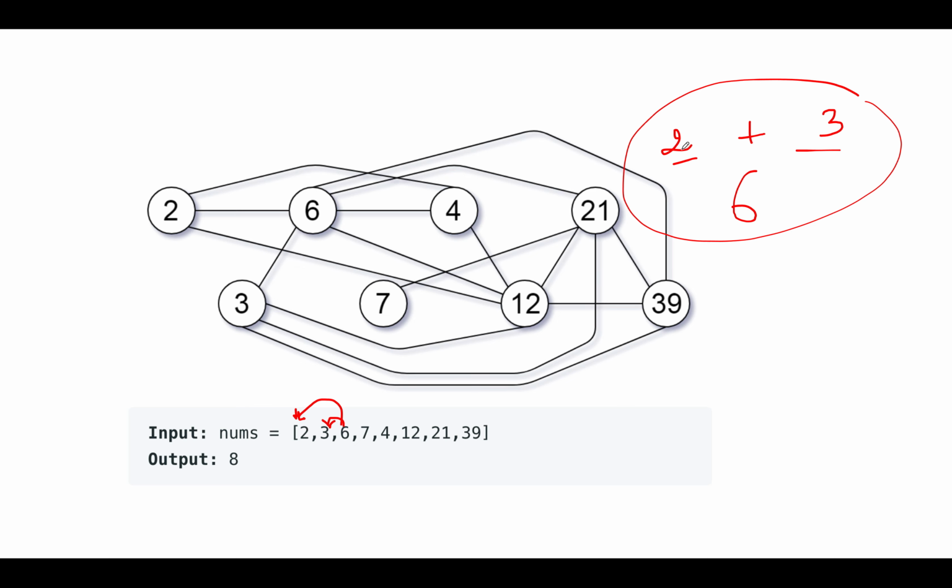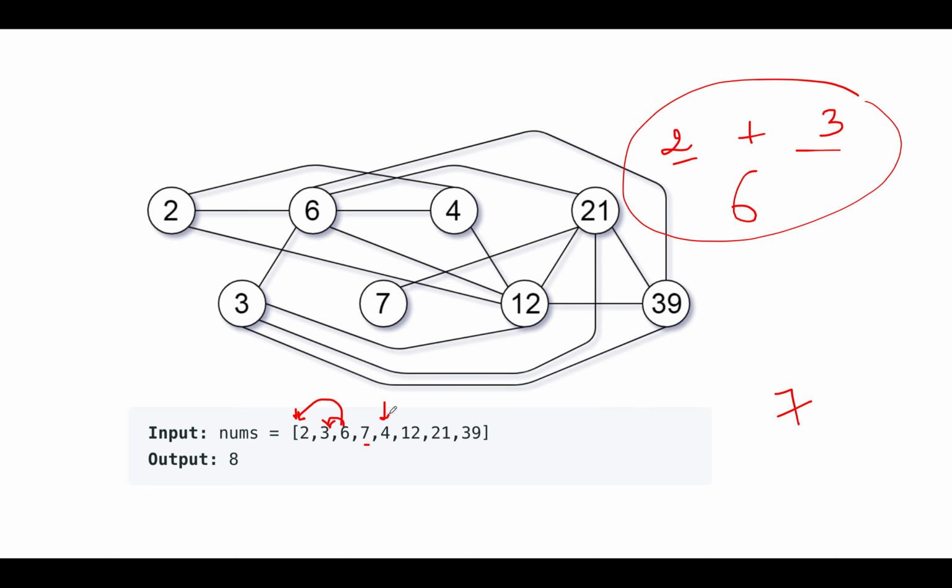Why am I saying this? The GCD of 2 and 6 is 2. The GCD of 6 and 3 is 3. So they have an indirect relationship with each other, as a result of which these 3 elements form a single group. Let's proceed ahead. Next we see 7. Is 7 connected with any of these 3 elements, 2, 3 and 6? No, it's not. So it will form a different island.